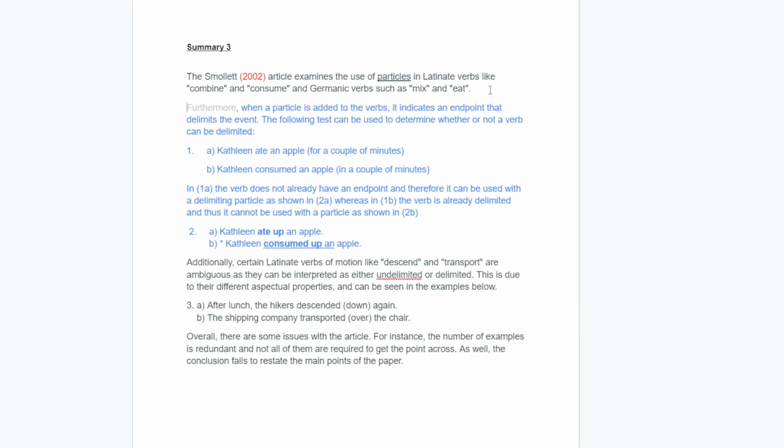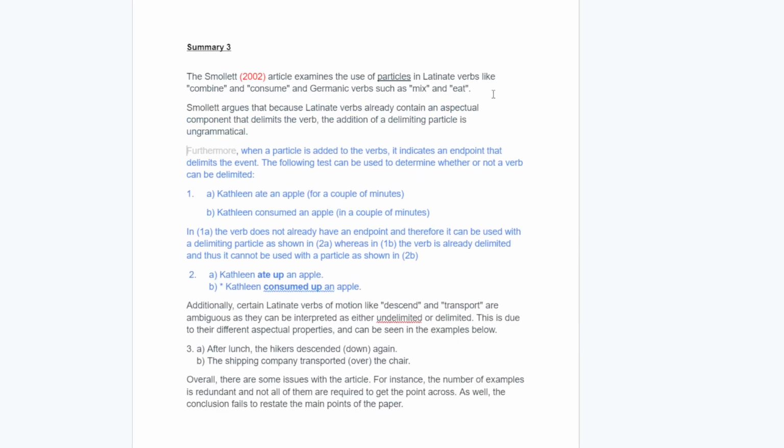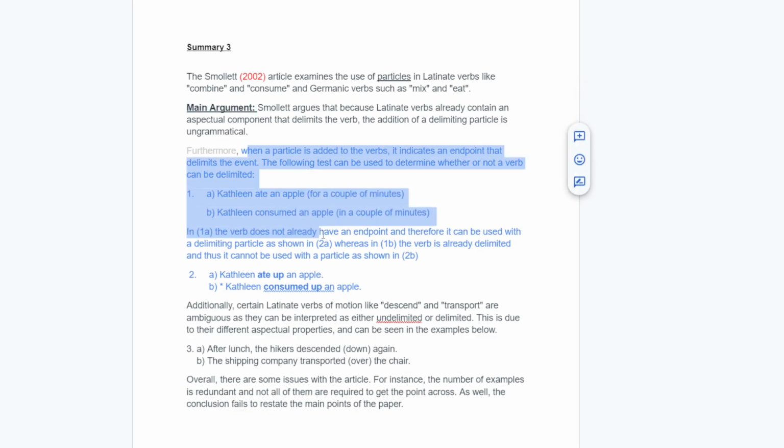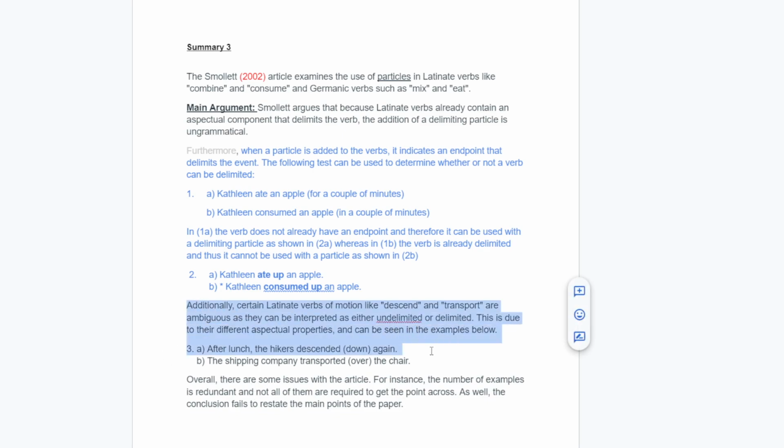This actually fits a little bit better up here. Why do I say right up here? Because this is the main argument of the paper. So this bit of information is explaining the argument and it's showcasing an argument, specifically with the delimitation. And then you have some examples here, and overall there's some issues. The number of examples is redundant. Okay, so we do have some more information here, but we do want some restructuring because, again, this is an